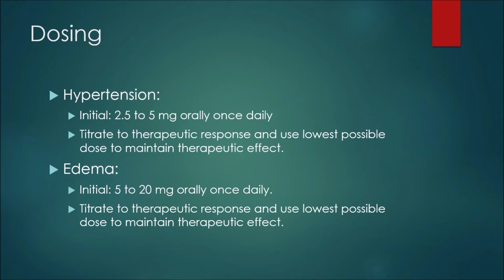Now for some examples of dosing with Metolazone. So in the treatment of hypertension, we may see an initial dose between 2.5 and 5 milligrams orally once daily. You would then titrate the dose or increase the dose to therapeutic response and then use the lowest possible dose